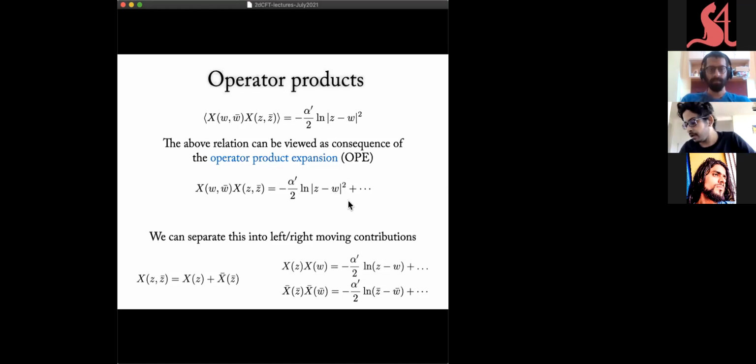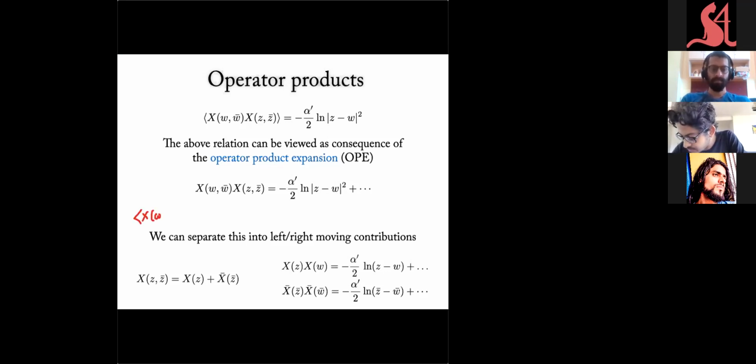And what this implies is that you can have this combination of x of w and x of z, along with a string of other operators, O at y1, O at y2, and so on. And if you take w close to z, the behavior of this correlation function is